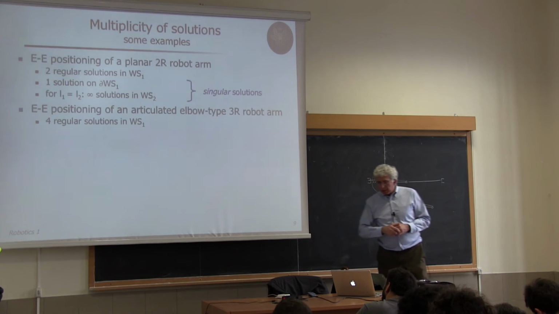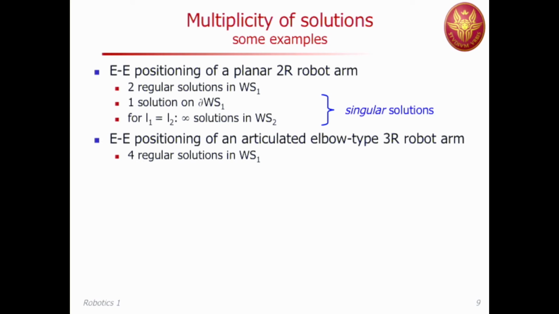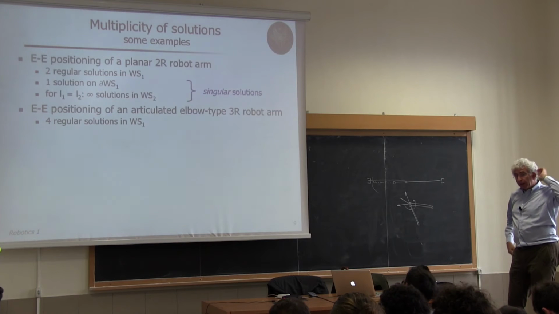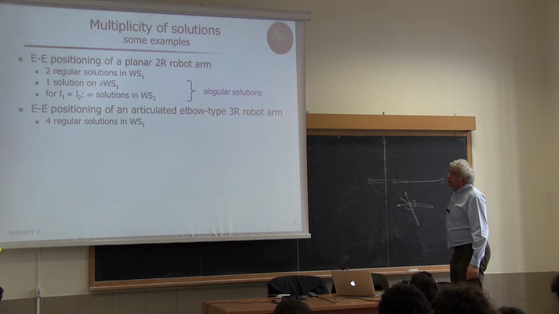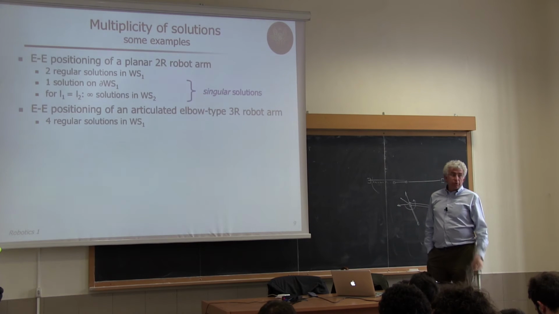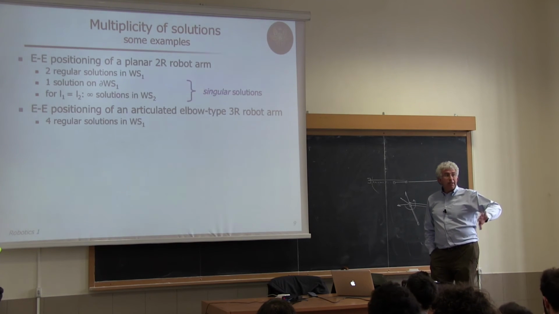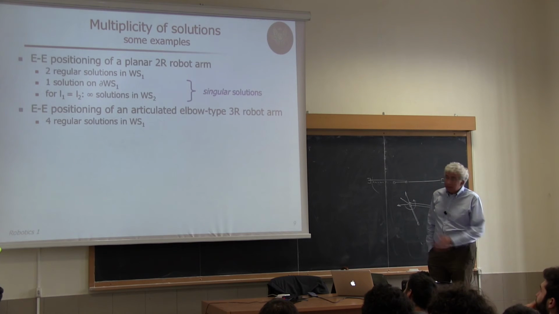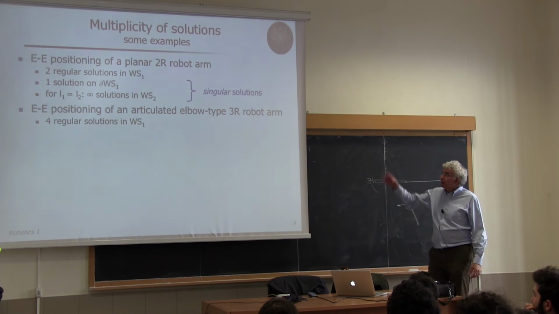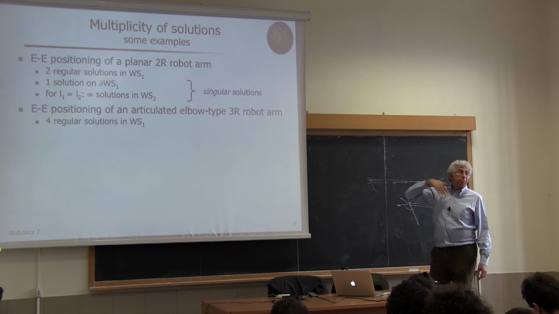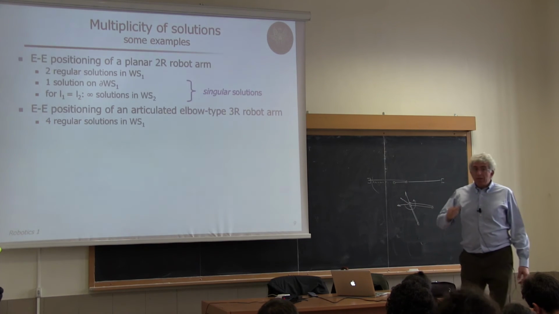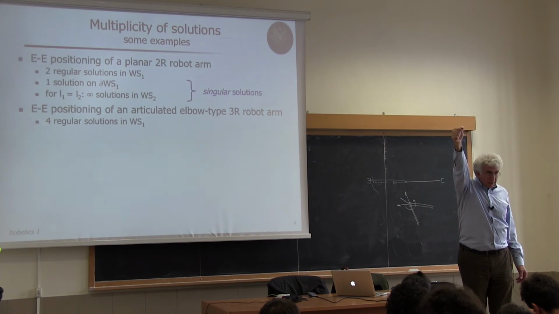Then for the positioning of an articulated elbow type 3R robot arm, like the first three joints of the Unimation Puma, or the first three joints of the KUKA KR5 that we have in the lab and that you will see during the visit, we have four regular solutions. Pay attention, we take the singular case out of consideration here. But there are singularities also in those cases, where either you have a reduced number of solutions or you have infinite solutions. You can imagine that when I stretch the arm like this,